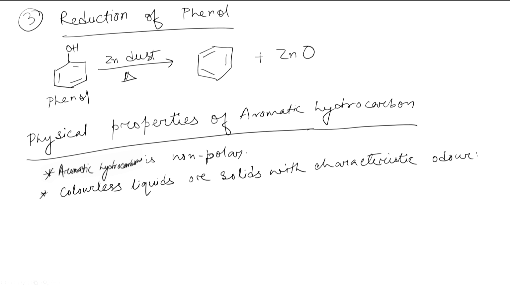So, aromatic hydrocarbons generally do have odor, even if it's not pleasant, but they do have odor. The next one is they are immiscible with water. So, of course, water is a polar solvent and aromatic hydrocarbons are non-polar. So, that is why they are immiscible with water